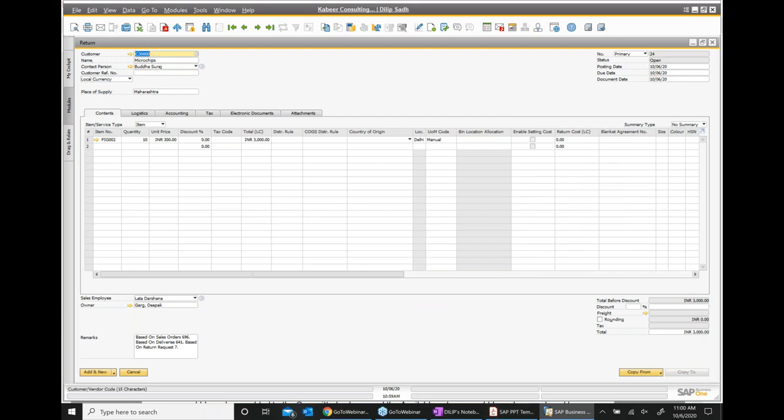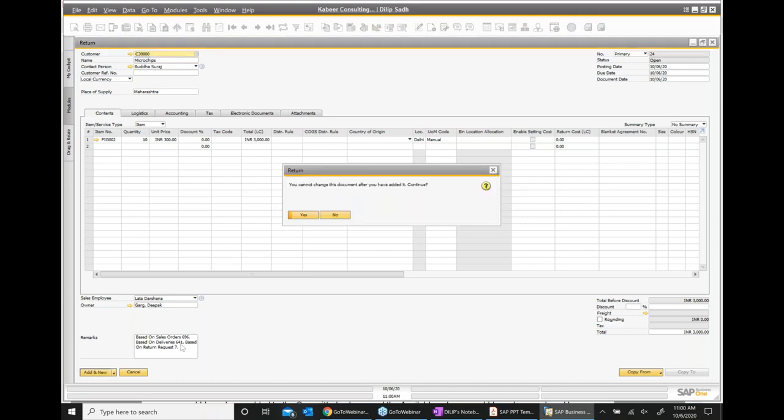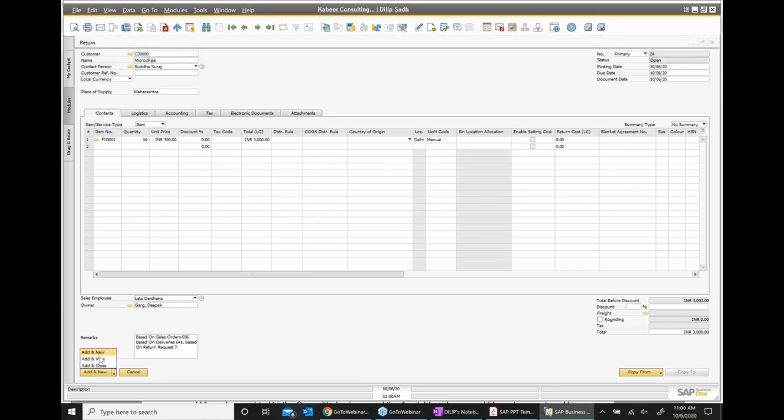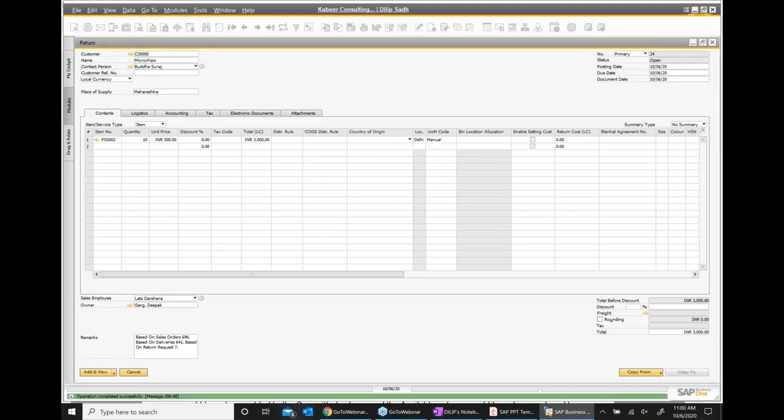So we have a return, this is the item number, this is the quantity, unit price, discount, tax, and so on. Okay. So this is the return now. And I say add. So return has been added.